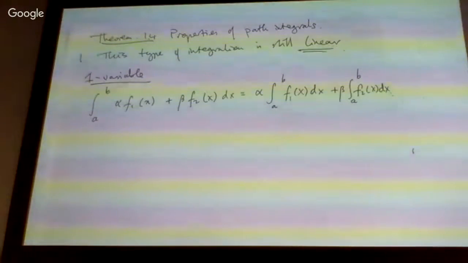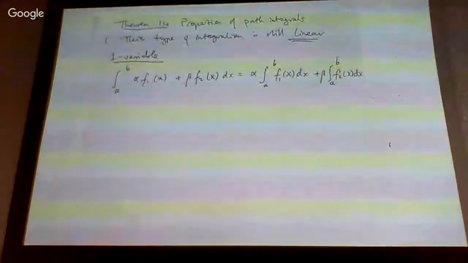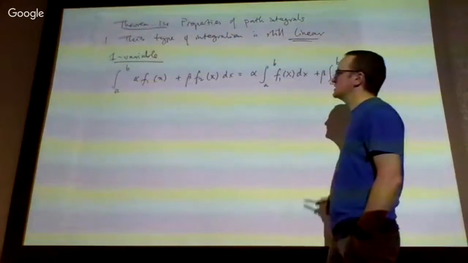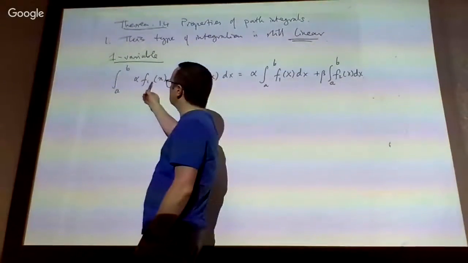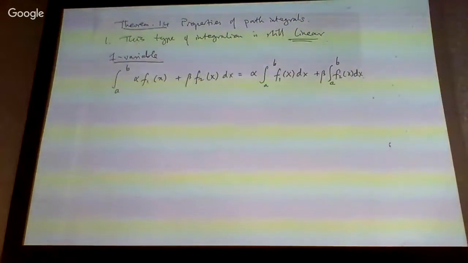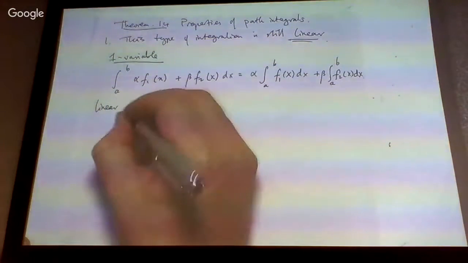Hopefully that does not surprise you. That's a known property of integration for functions of a single variable. It's linear, so the integral of a sum is the sum of the integrals, and for an integral of a scalar multiple of a function, you can bring the scalar outside, factorize it outside of the integral, so to speak. So for our linear differential forms,